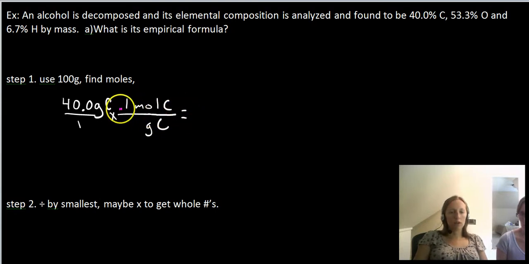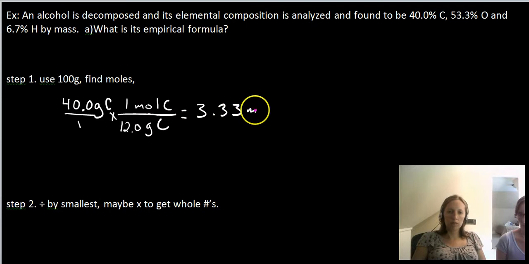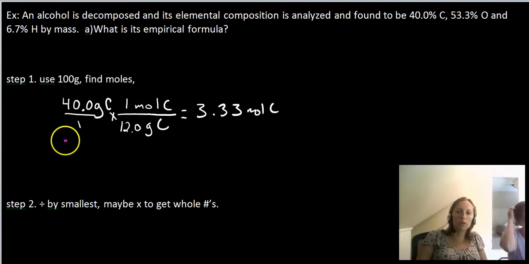Here we've got starting with what you have, bringing down your unit, and here's your molar mass equality, the number of grams per mole of carbon, which I happen to remember is 12.0 grams of carbon. So that gives you 40 divided by 12, which the calculator says is 3 1/3. So if you had a 100 gram sample, you would have 3.33 moles of carbon,